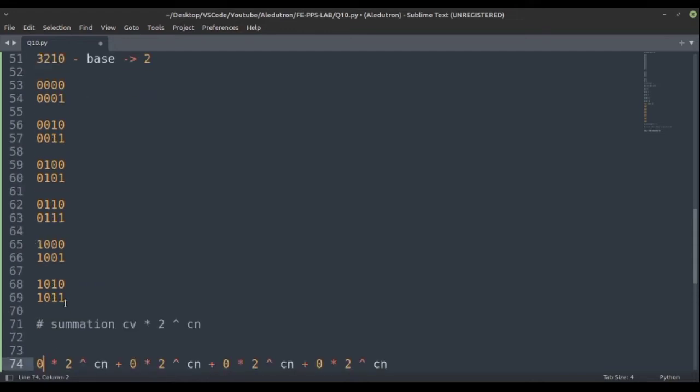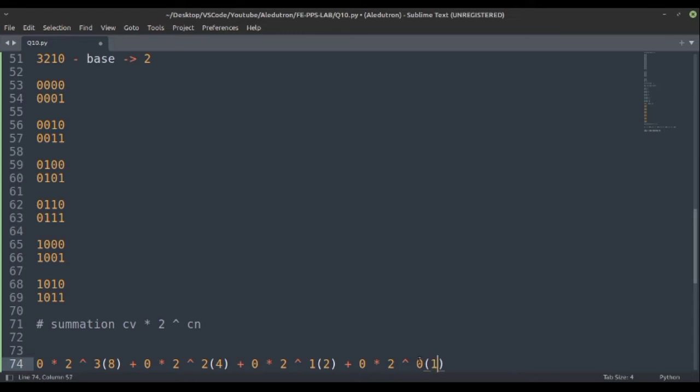You can basically see 0 0 0 0. Now 2 raised to column number 0, then 1, then 2, then 3. So 2 raised to 3 can basically be written as 8. 2 raised to 2 would be 4. 2 raised to 1 would be 2, and 2 raised to 0 would be 1.